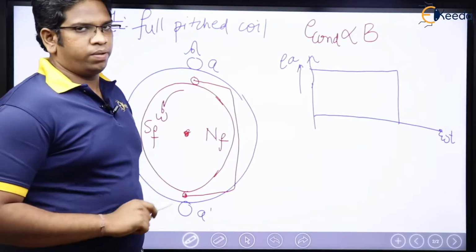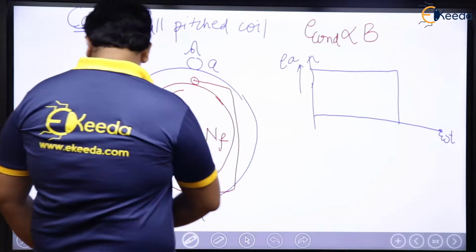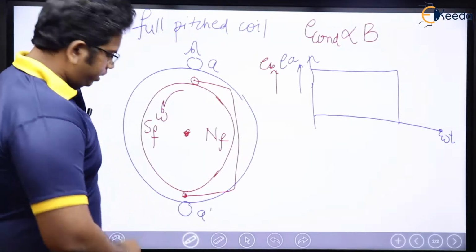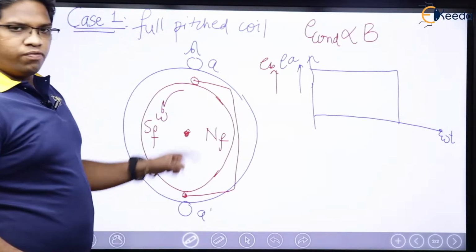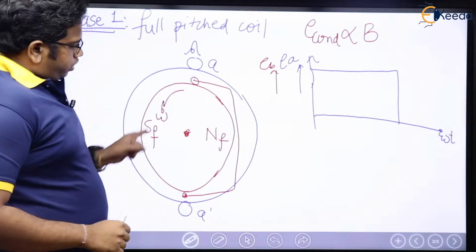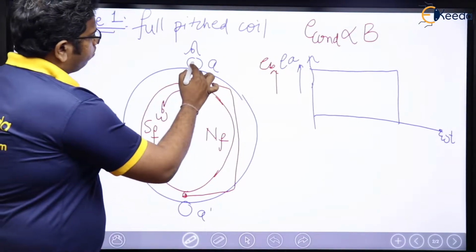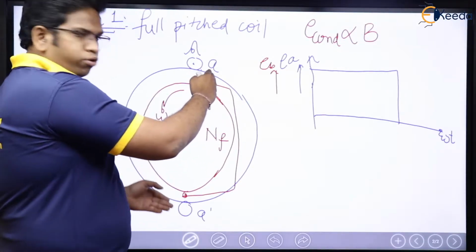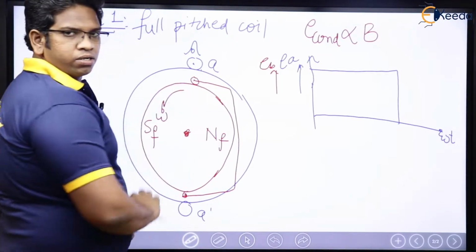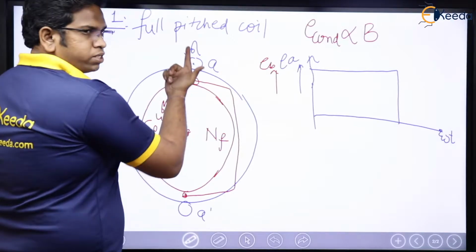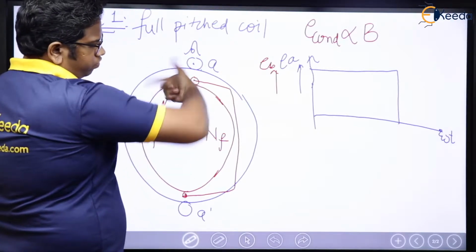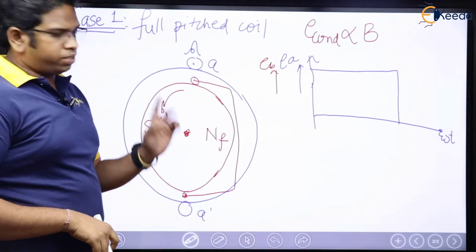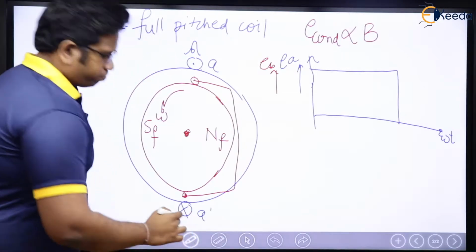Now let us think of EB. Let me show it with red. This is EB. See here, if you think of EA, when this is rotated, the north pole goes here, the south pole goes here, and under the north pole we are going to have dot. If the rotation is anti-clockwise, we already know, when north comes here, south goes down. Just imagine that here you have north, in the sense the flux is in the upward direction. Since the pole is moving in this direction, the conductor is moving in the other direction, so it is going to be dot. As usual, we have done it many times. This is going to be dot, and this is going to be cross.